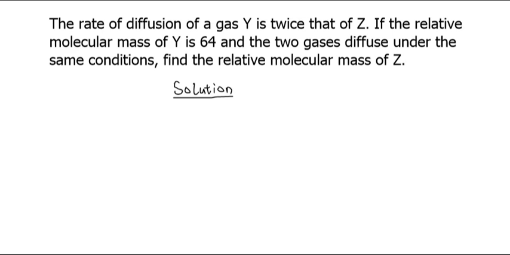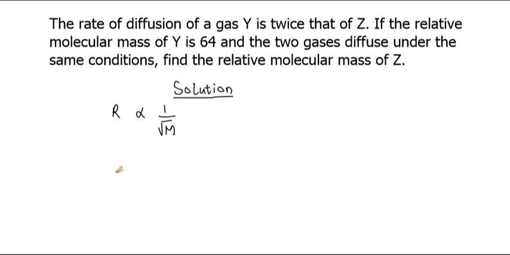And from Graham's law, we have R, the rate of diffusion of the gas, inversely proportional. R varies as 1 over the square root of the molecular mass of the gas. We have capital letter M representing the molecular mass of the gas, while R refers to the rate of diffusion of the gas. So now in the question above, we are given two gases, gas Y and gas Z,